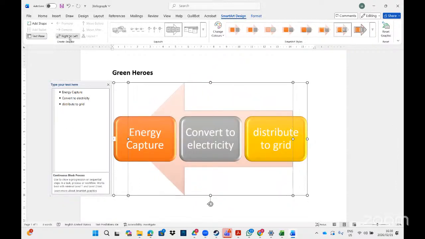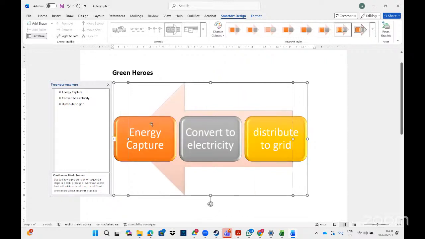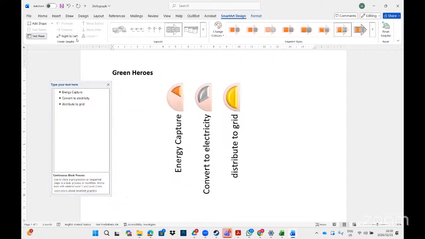Remember, you also have right to left and left to right. You can do this, but we don't want to change this one, only rotating this part. You don't want to change it. Then the text pane from the SmartArt, something that you have to know here is that